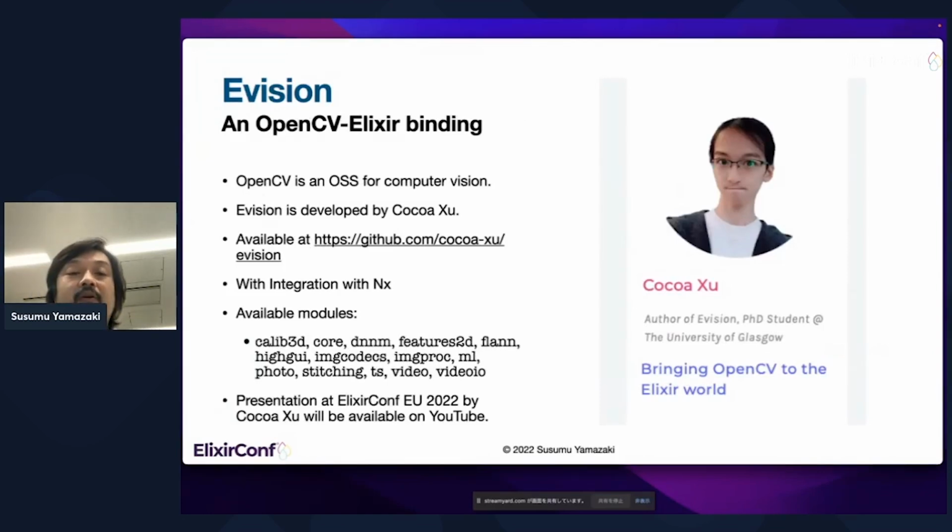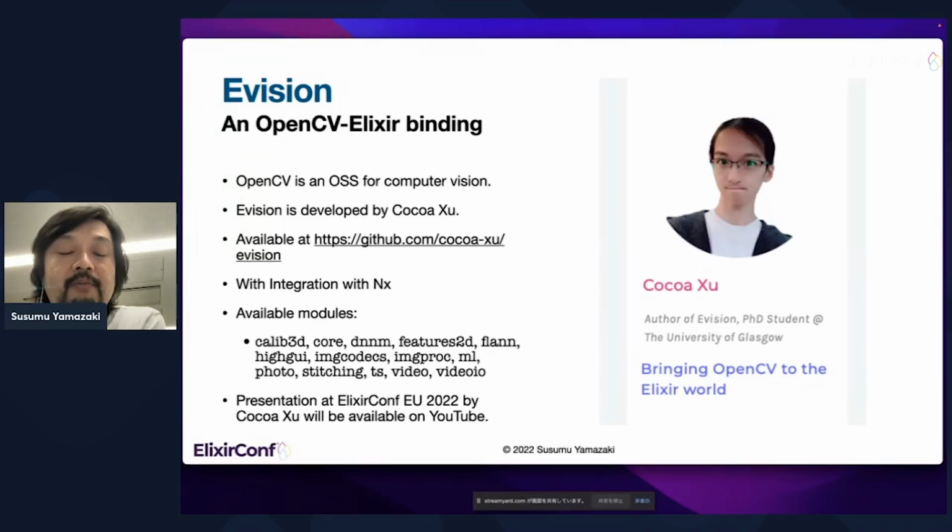Evision is an OpenCV Elixir binding. OpenCV is an open source software for computer vision. Evision is developed by Cocoa, available at GitHub, with integration with Nx.